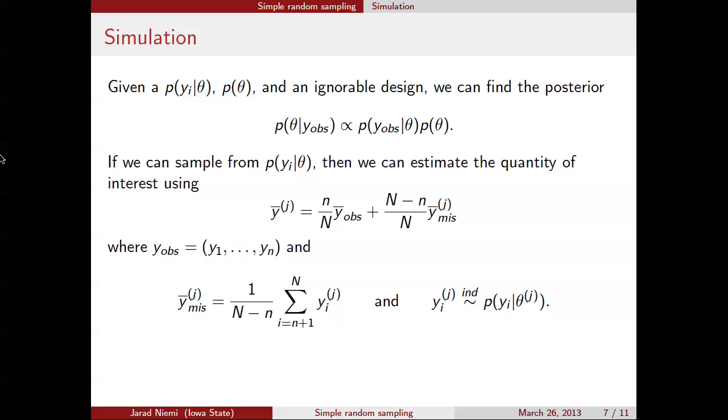Given those draws, we're going to calculate their average. So now for every iteration in the MCMC, we have a draw from y bar miss. What is that y_i in there? This is just whatever distribution you assumed for the data. It's the same distribution you assumed for y obs as for y miss. So for instance, in what I'm going to show you, it's going to be a normal distribution.